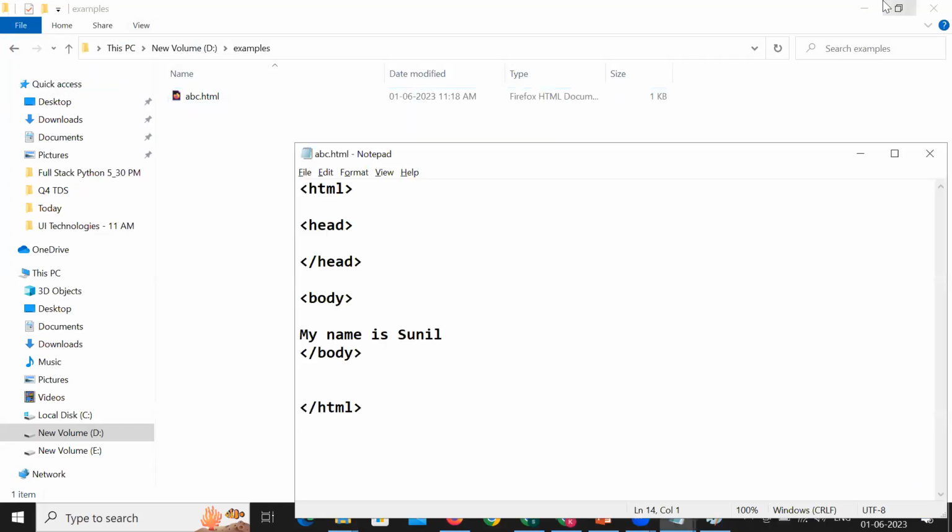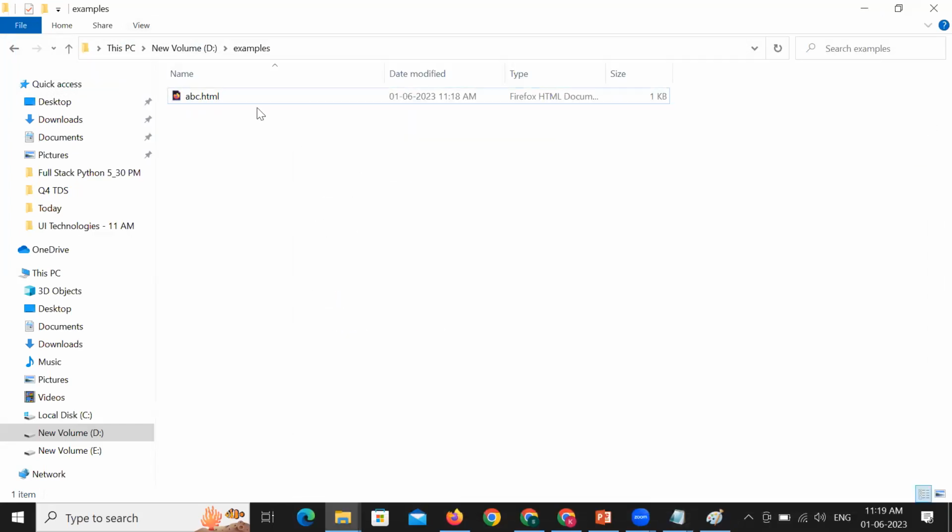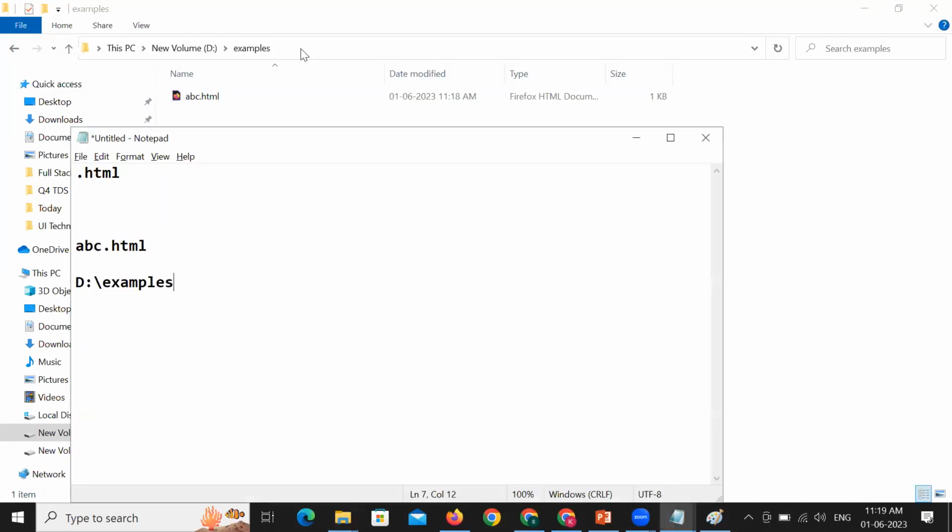That's it. I'm done with creating my first HTML page. Where did I save my first HTML page? I have saved my first HTML page in this particular location, D drive examples folder. And what is the file name? The file name is abc.html. If you want to see the HTML code